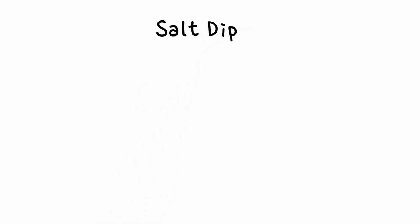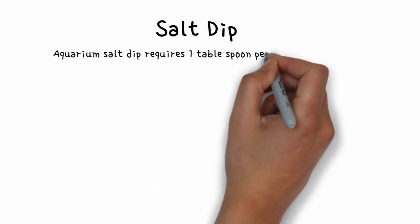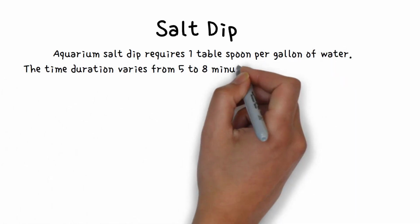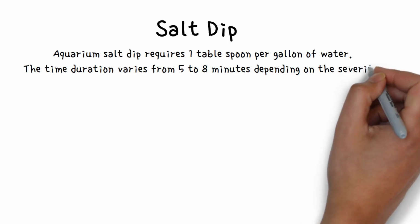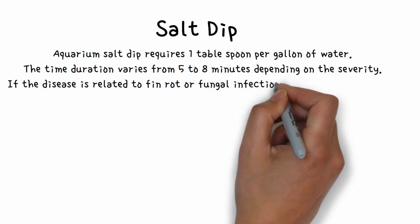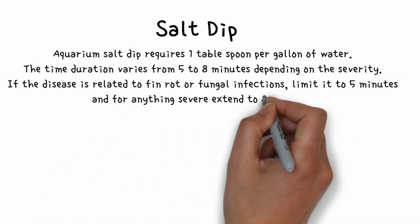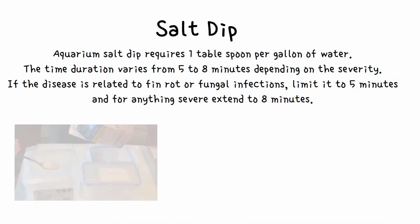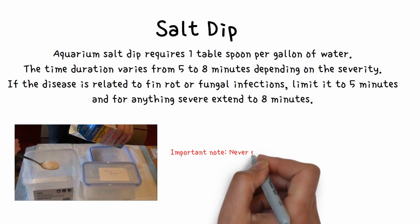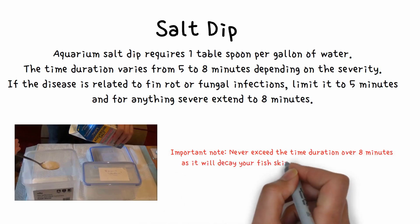Salt dip. Aquarium salt dip requires 1 tablespoon per gallon of water. The time duration varies from 5 to 8 minutes depending on the severity. If the disease is related to fin rot or fungal infections, limit it to 5 minutes, and for anything severe extend to 8 minutes. Important note, never exceed the time duration over 8 minutes, as it will decay your fish skin instead and burn